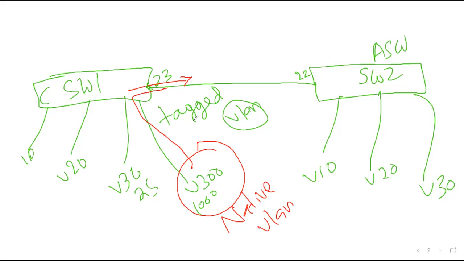So if anything which is not tagged or which is not looking into the tag, we call it as untagged. Untagged. So native VLAN means if any traffic which is going through trunk port in the manner of native VLAN will not look into the VLAN information in the trunk port. In short,